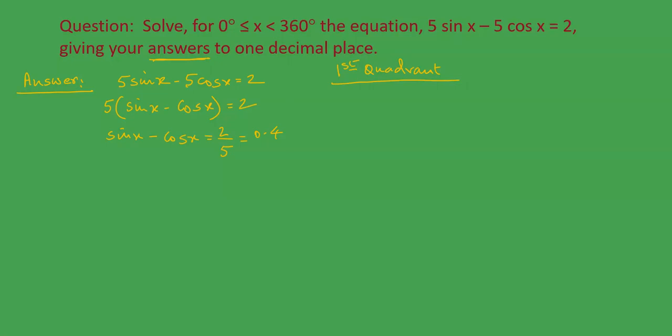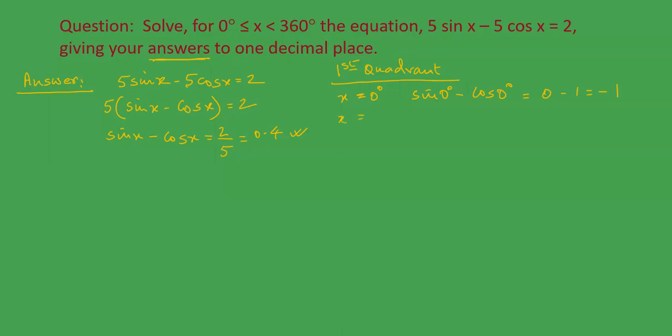So when x is equal to 0, since 0 is included, I am starting with 0. When x is equal to 0, sin 0 minus cos 0 is equal to 0 minus 1, which is minus 1. Whereas we are seeing that sin x minus cos x is a positive number. So we cannot have the x value equal to 0. That is very well understood.